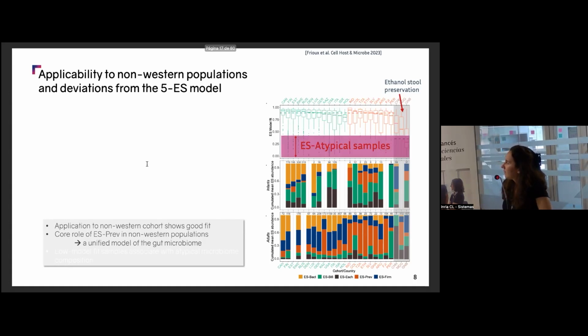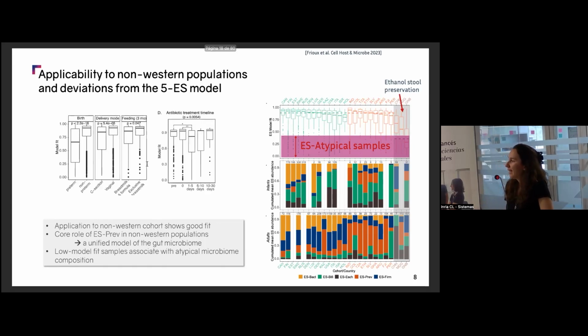But then there are still some samples that are not very well described by the model. And why is that? We studied the metadata we had for these samples in order to understand better. And we noticed that these Enterosignature atypical compositions were associated to perturbed gut microbiome composition. So the model fitting score decreases in preterm infants compared to